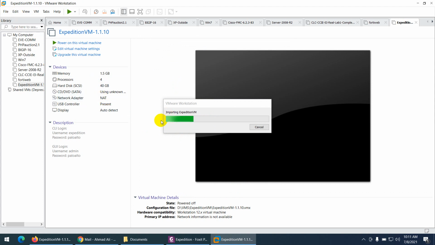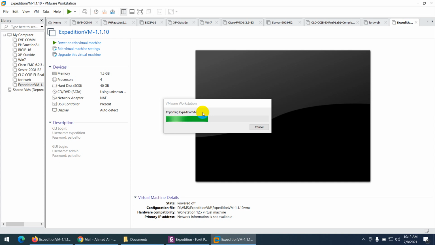Basically, this Expedition tool is a VMware Ubuntu Linux VM, but they installed the tool and configured everything in this VM. So it's a ready-made VM, and I put the username and password here. The username for CLI is expedition and password is paloalto, and for the GUI it is admin and paloalto. Let's wait for it to import, and then we'll start it straight away.